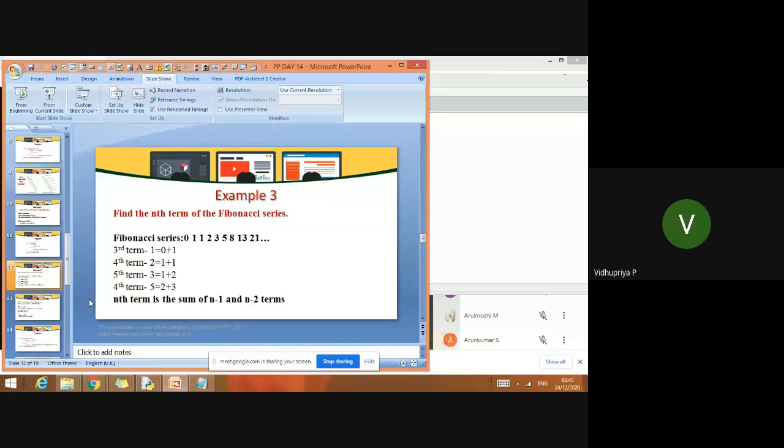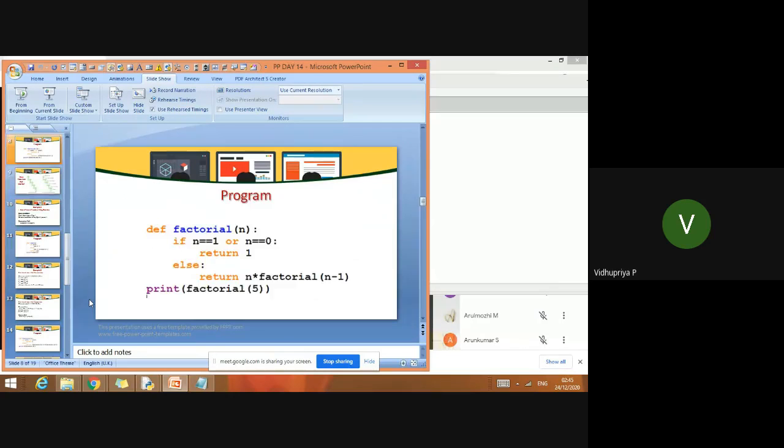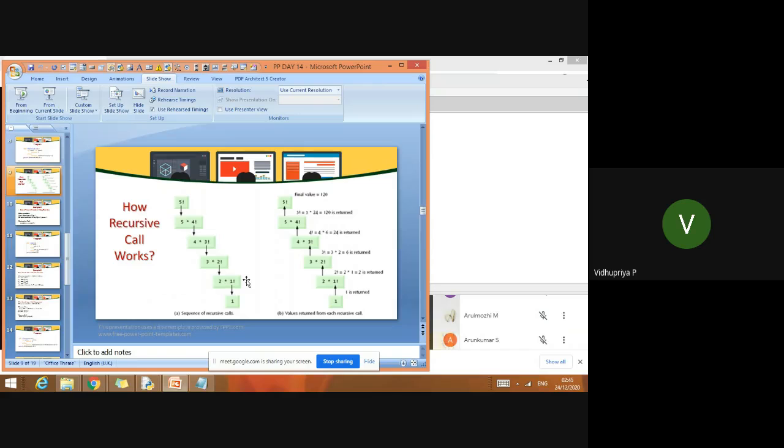But this program looks somewhat easier to understand. The code is very simple, and you can easily say factorial of n is just n into factorial of n minus 1. Likewise, we are solving the problem recursively, so the code will be somewhat easy,